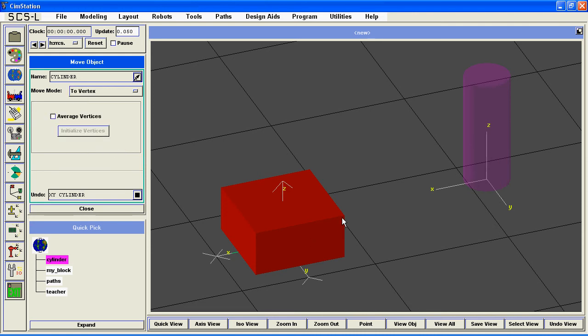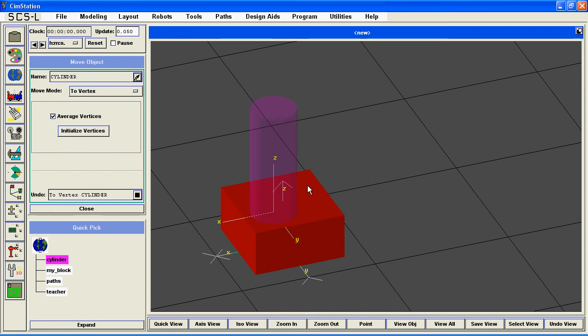So let's also look at the vertex option. If you click a vertex, which is a point on a shape, then it'll move the shape there. And if we select this option, average vertices, now if you click on two vertices, now notice it's in between the two, it's averaged the distance, and if you click on the third, now that's averaged all three of those